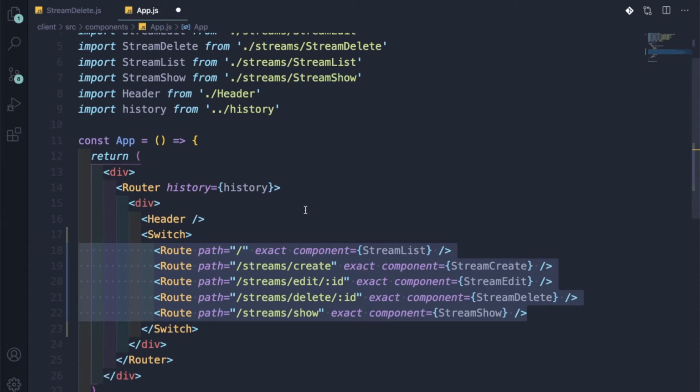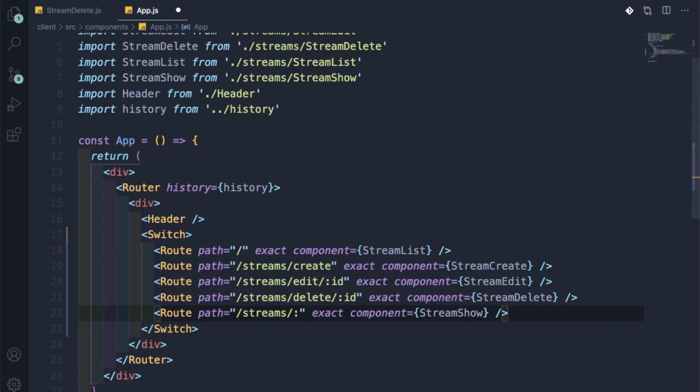So what's the benefit of it? Our stream create path is there and stream show path is there. Stream create is /streams/create, and our stream list is also with /. So if I add the ID here, it will not throw an error. It will exactly differentiate it from all these paths. So it is required. So streams and ID I will give. After, let me save it, and after that